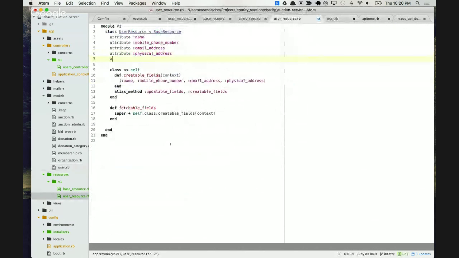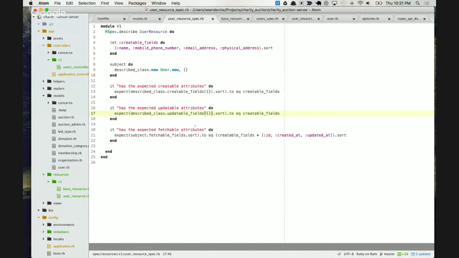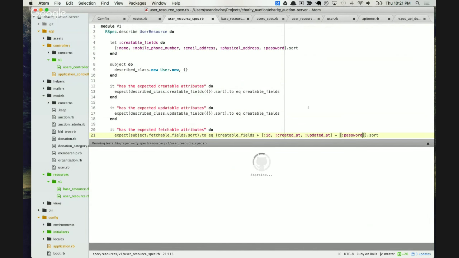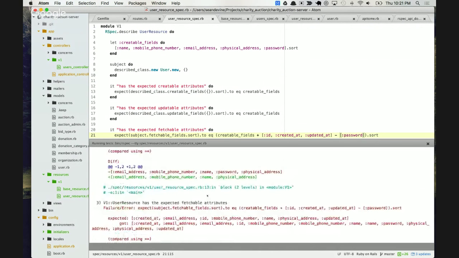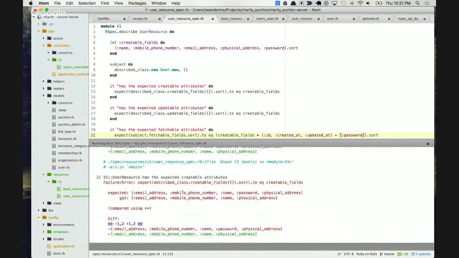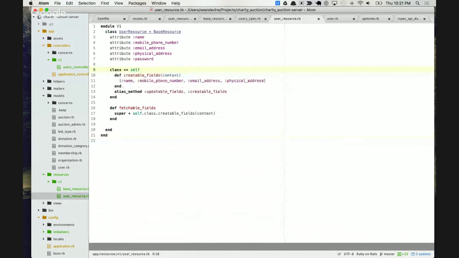Okay, so we'll go back here. This is going to have attribute password. Also, in our create, well, should have. Now, we expect the creatable fields to have password. I'm going to say that the updatable fields can also have password, but the fetchable fields will not. So I'm going to change that. So I'll run this spec now. We'll see that they're all wrong, right? It thinks the password should be in the one and not in the other, and it's all backwards. So I'll add this to that, and then